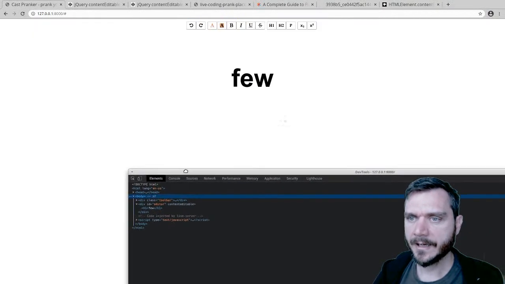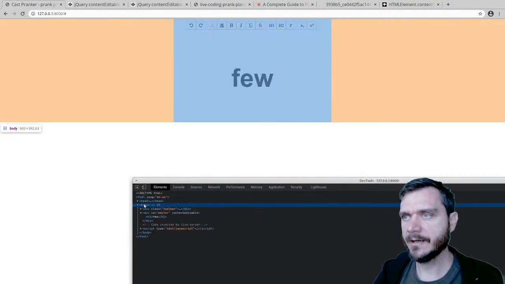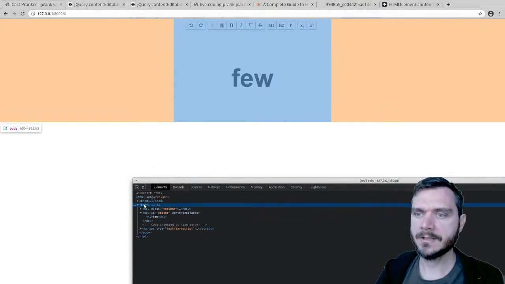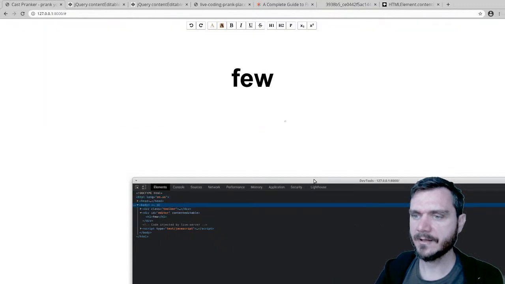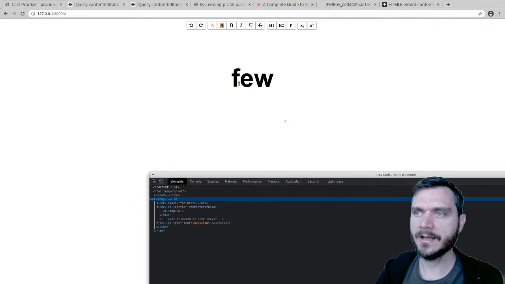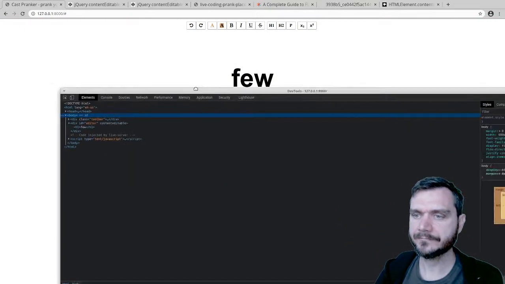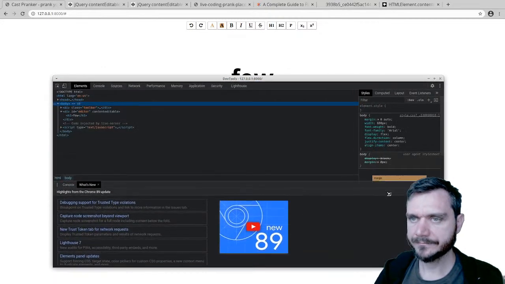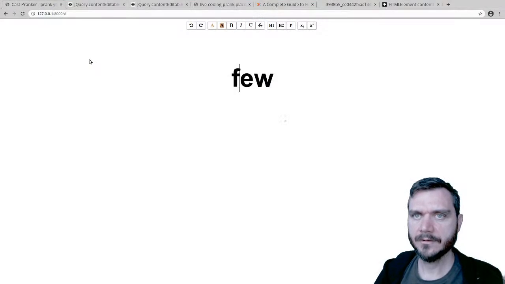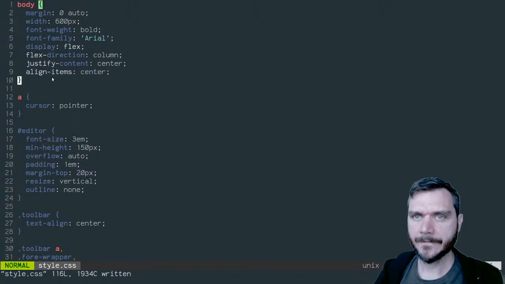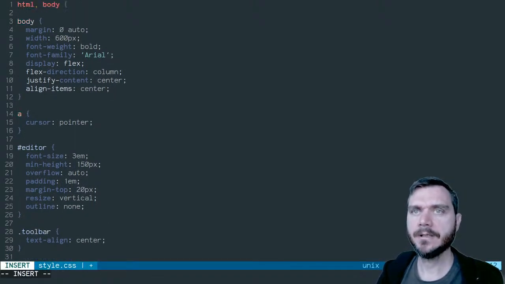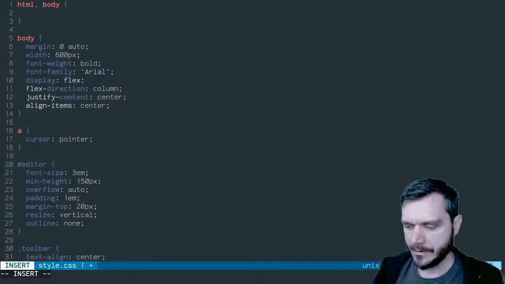It's because my body tag, if I highlight on this body tag, the body tag has shrunk up into the top of the page there. So I want to make the body and the HTML tags fill the entire space. Then my Flexbox should lay this out right in the center of the screen. Yes, so let's do that. So in here, we're going to go HTML, body, and